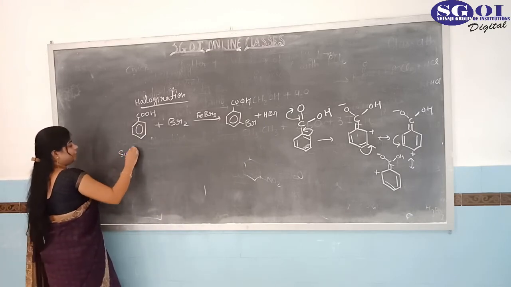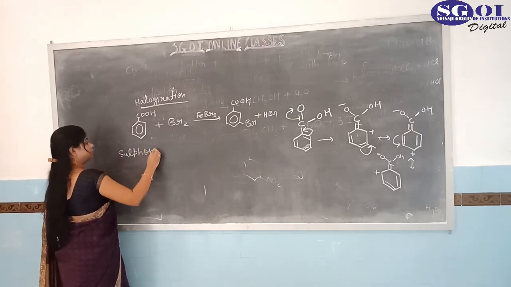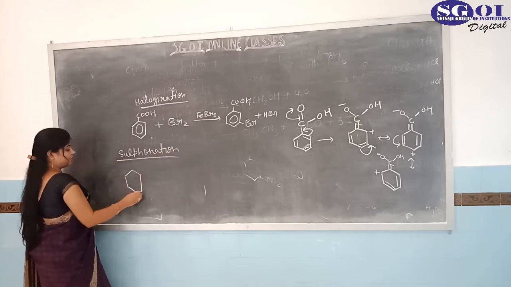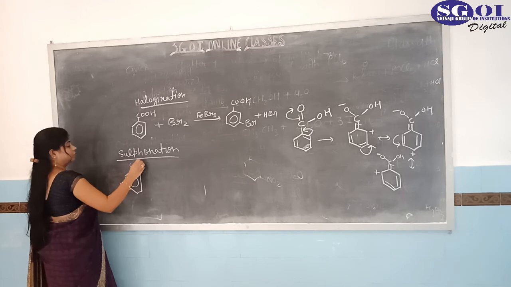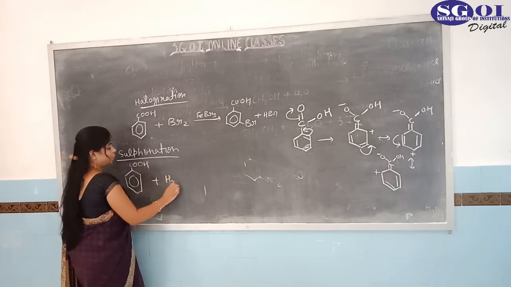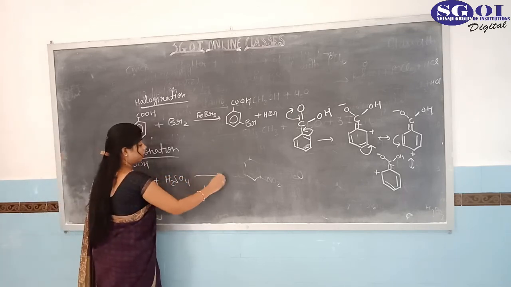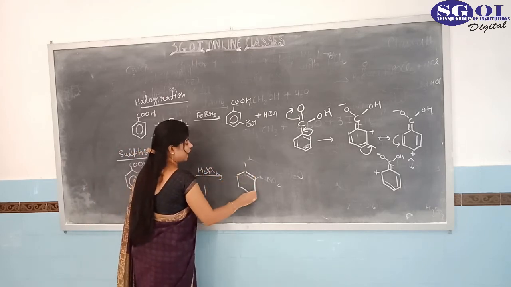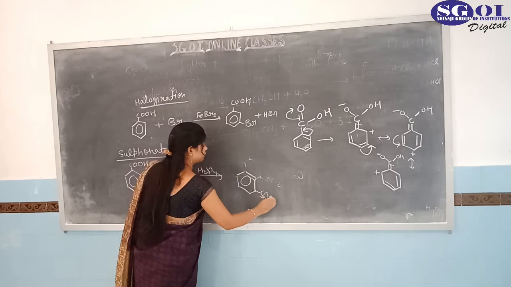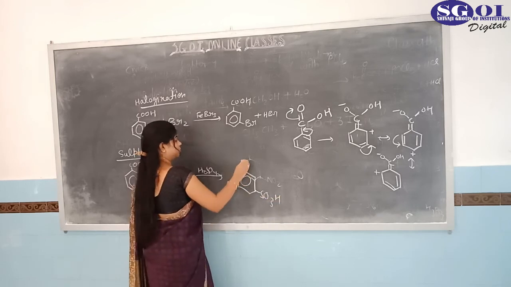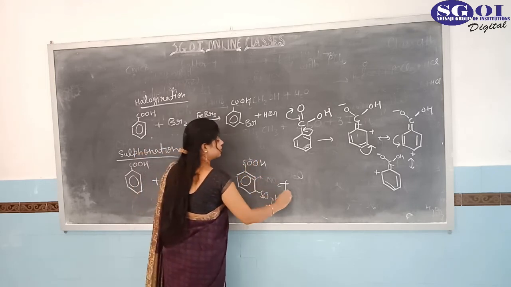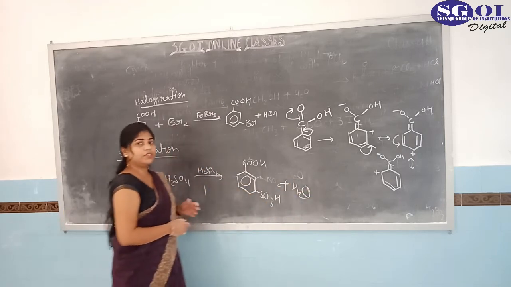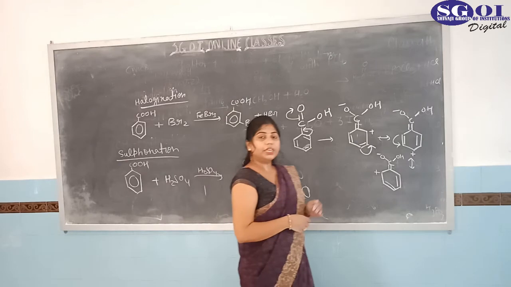Next is sulfonation. In sulfonation, benzoic acid reacts with concentrated H2SO4, and it gives the SO3H group at the meta position, plus H2O. It is meta-sulfobenzoic acid. So students, these are all the chemical properties